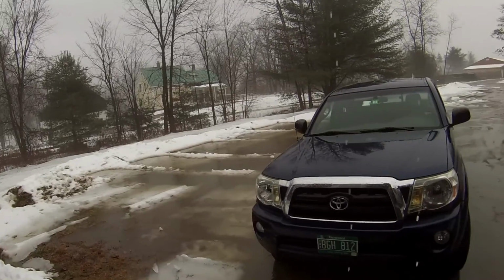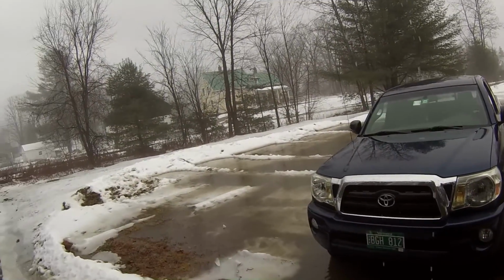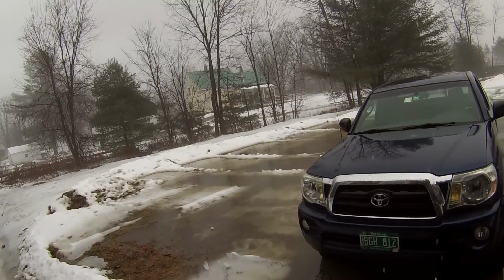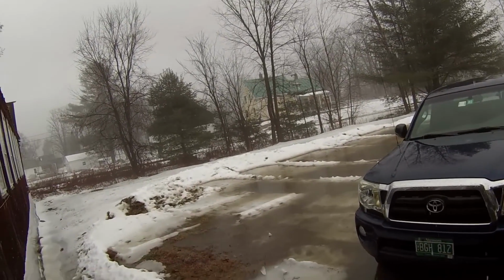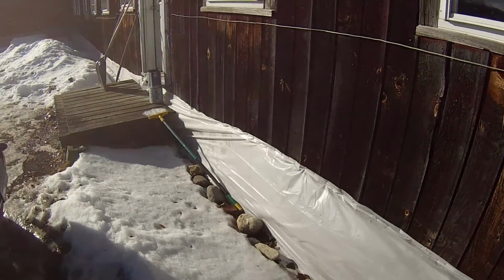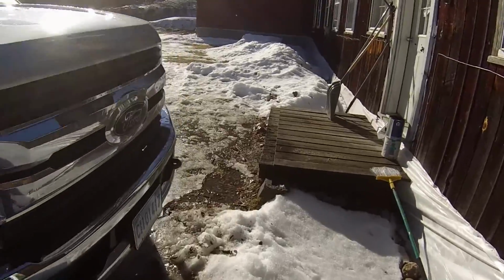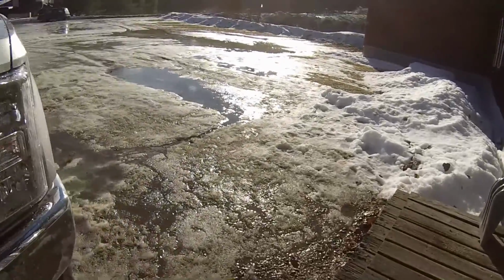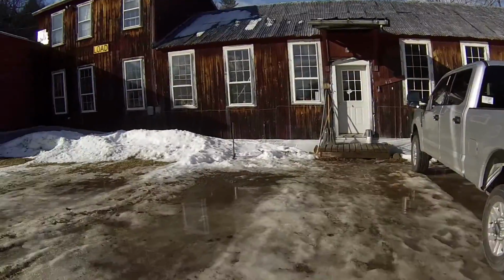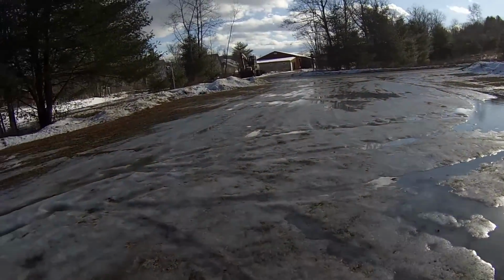So I got to be careful about what happens here with drainage, because it can get a little hairy. I definitely don't want to have water underneath the building. And I don't know, I just figured I'd make a video about this in case one of you ends up with this god-awful property someday. You gotta know what to do,